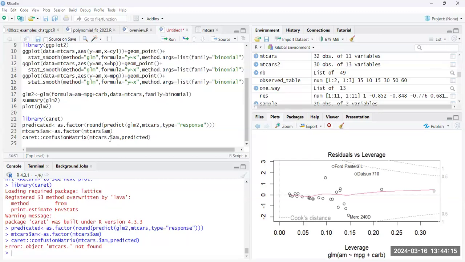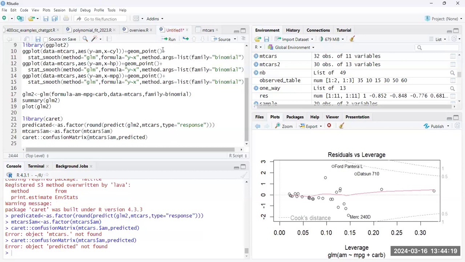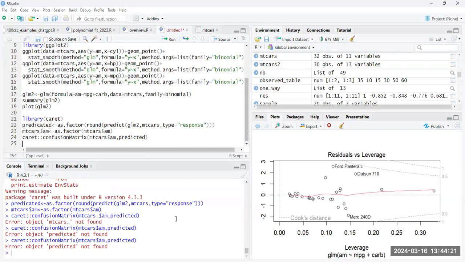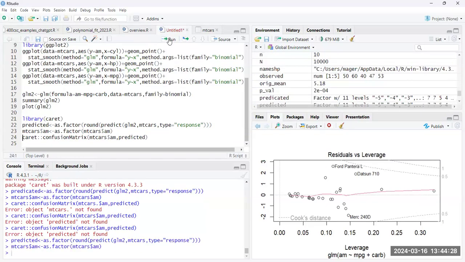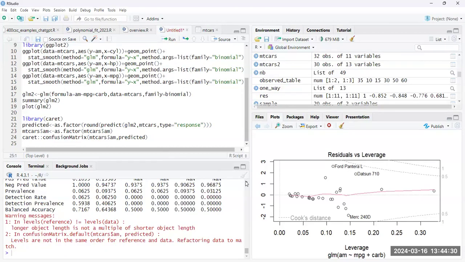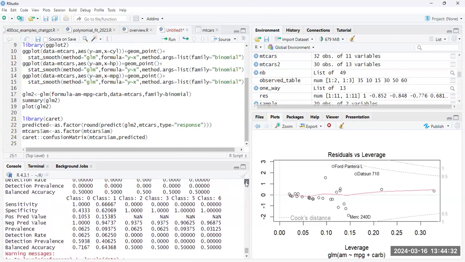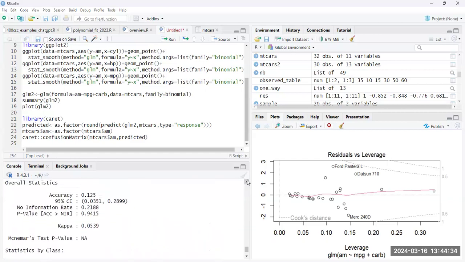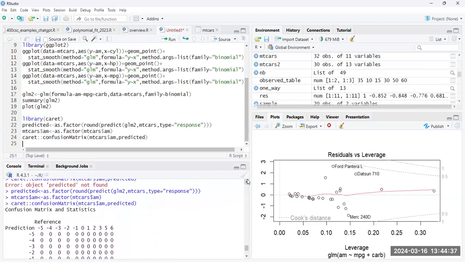MT cars, I had an extra thing. Try again. Because I didn't spell predicted correctly. There we go. Now, if we scroll back up,